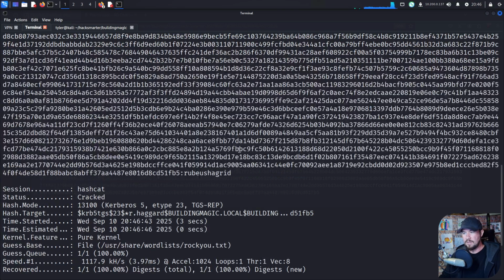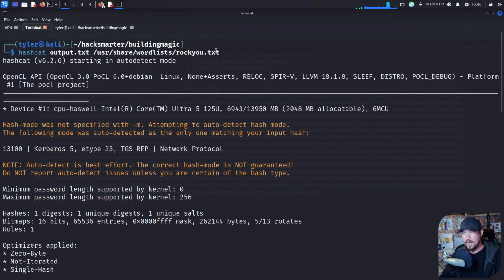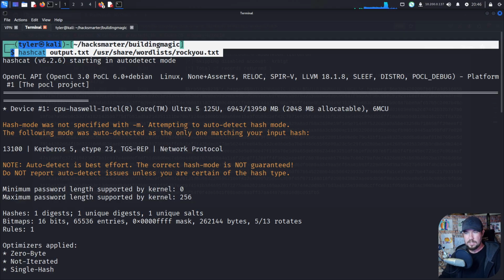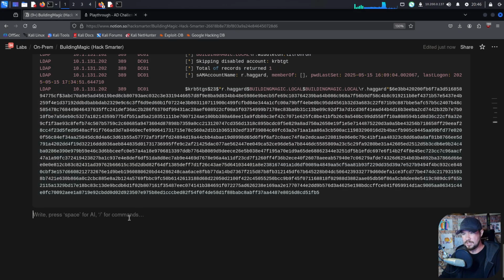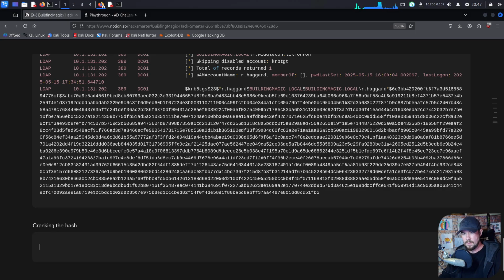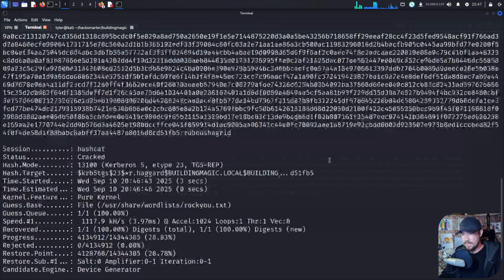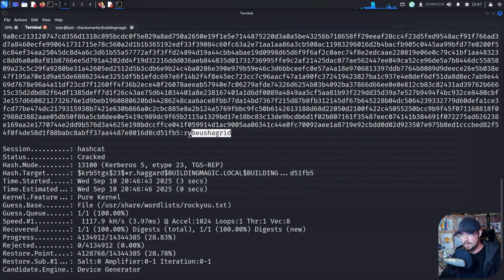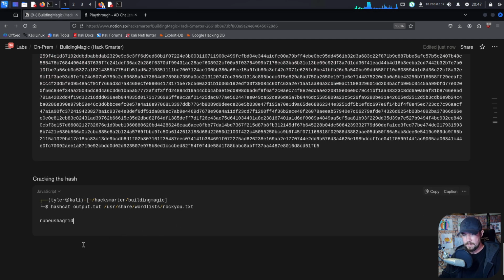and it did not take long at all. We successfully cracked the hash. And I should also grab the syntax for our notes, showing us cracking that user's hash. Do that, and then his hash password is Rubius Hagrid. We will drop that in, and now what we want to do,